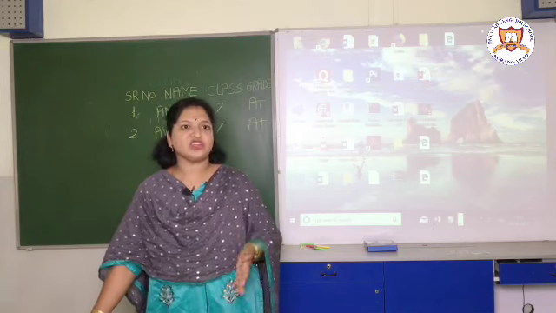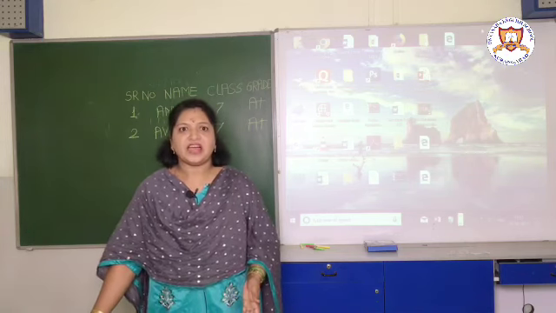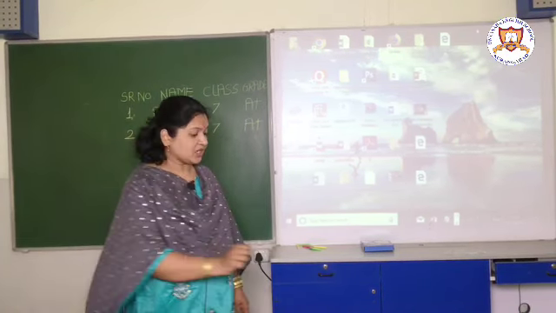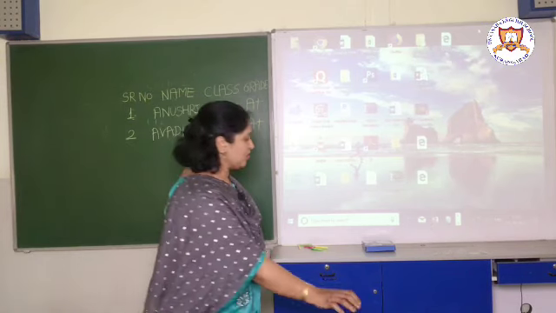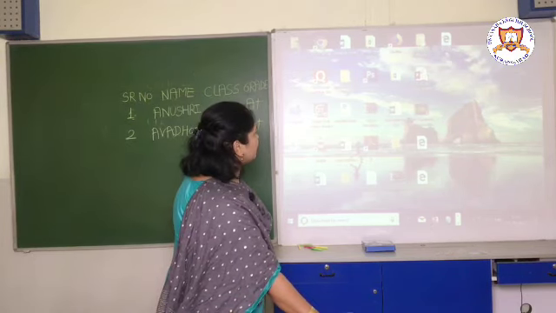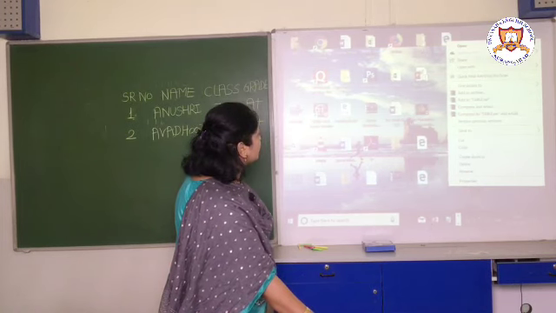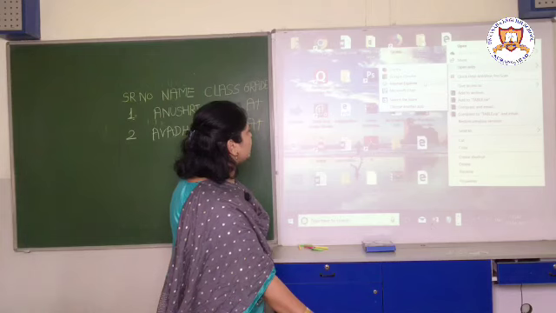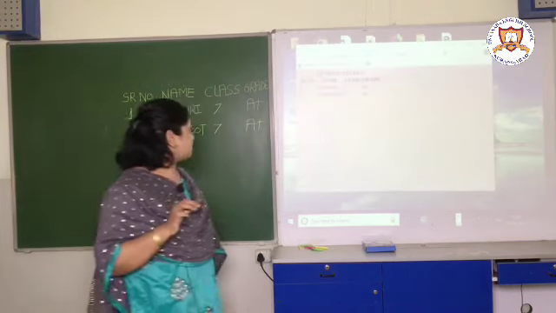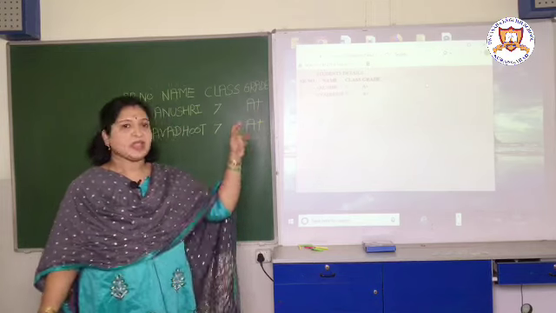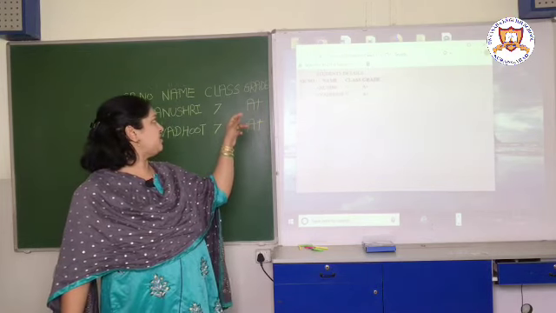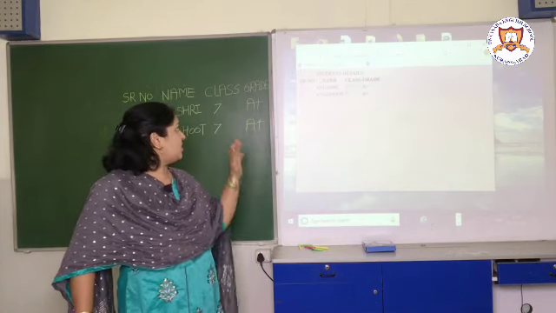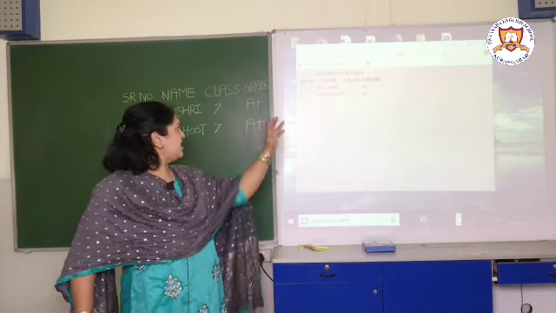Or the simple way is just right click on that file, and after right clicking, click on open with web browser, or open with any web browser you can use. Now here I will click on open with, it is visible na children? So here I will click on open with Internet Explorer. So if you can see here, the table caption is given, student details, it has appeared. The serial number, name, class, grade, it appears.